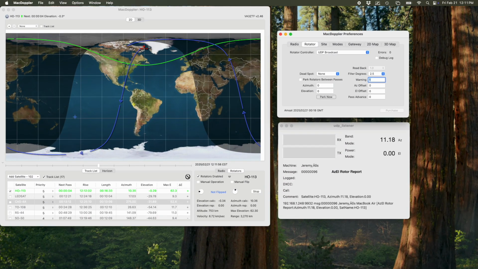Now I'm a Mac user, so MacDoppler is my program of choice for satellite tracking and tuning info. In the rotator controller settings in MacDoppler, you can actually set it up to broadcast on your network via UDP packet the azimuth and elevation information, as well as tuning info for your Doppler shift, which makes it really handy, and it can be read by other devices or programs that are able to receive those UDP packets